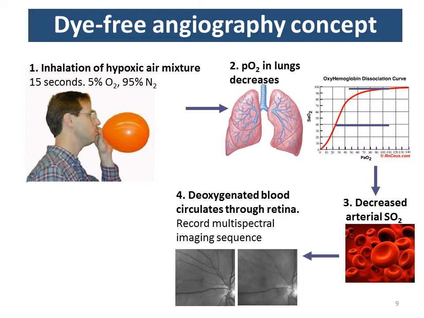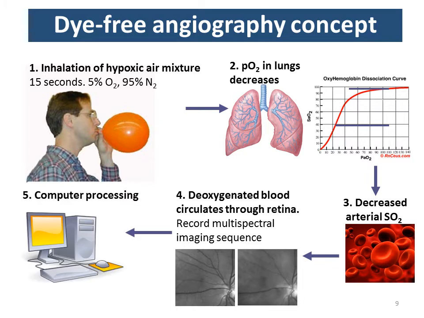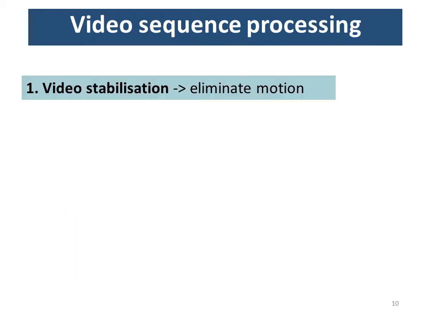We can track this deoxygenated blood circulating through the retina by using multispectral imaging and using the oxygen sensitive and oxygen insensitive wave bands. And then we do some computer processing once we've got this multispectral video to look at the changes. So the computer processing that we do is we've got this multispectral retinal video sequence, so we create a multispectral image stack, then we stabilize the video